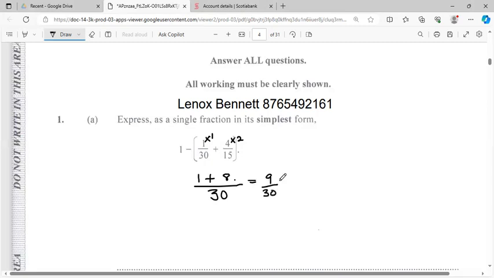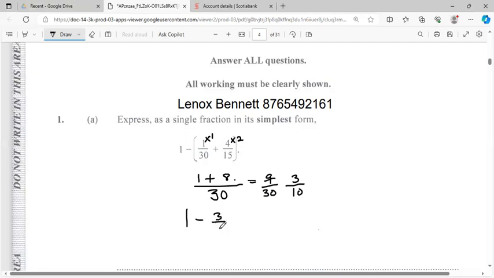Now this can be reduced. 3 can go into both of them. So 3 into 3 is 1, 3 into 9 is 3, and 3 into 30 is 10. So all we have to do is subtract 3 over 10